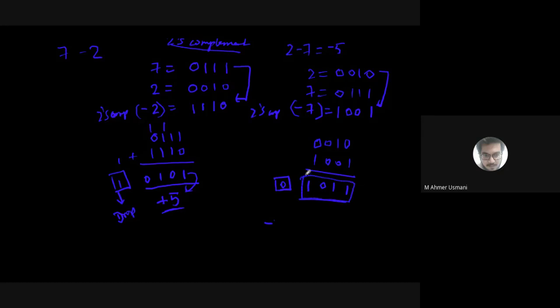इसका क्या करना पड़ेगा आपको? 2's complement लेना पड़ेगा. Get its 2's complement. So till you get the first one, you just copy. After that, you need to flip. So this one will become 0. This 0 will become 1. This one will become 0. So this is nothing but 5. This is nothing but minus 5. Is it clear?